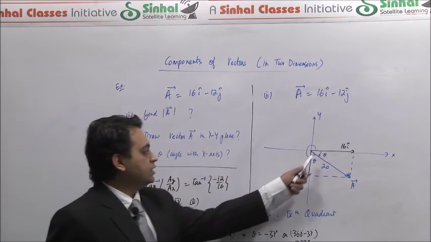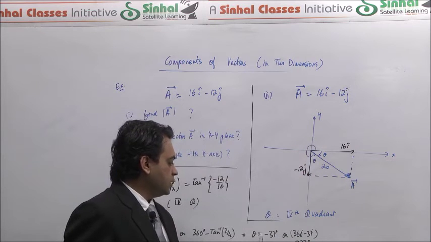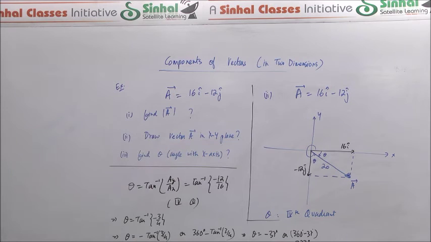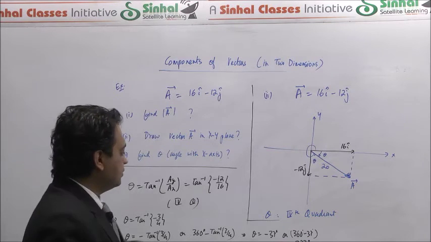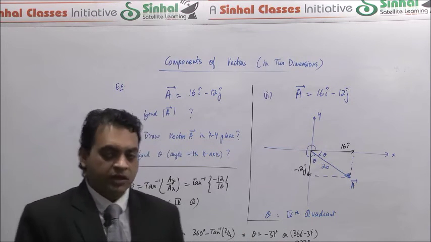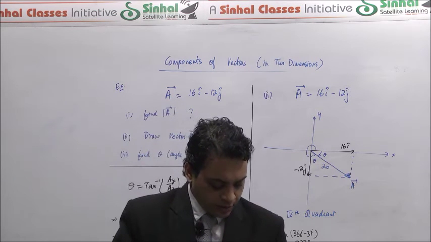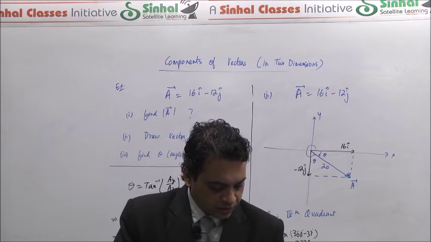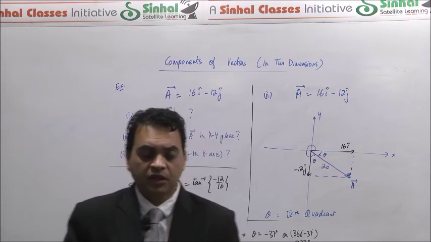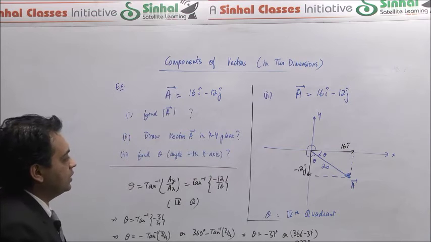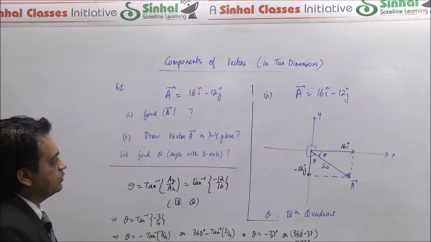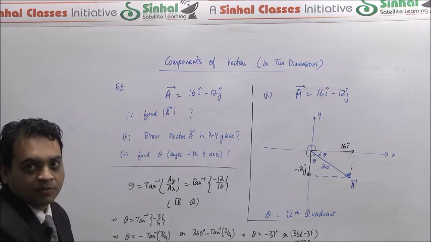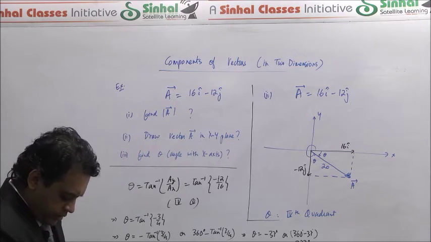So if we are expressing theta as the anti-clockwise angle with a positive sign, it is 323 degrees. Whereas if we are expressing theta as the clockwise angle, it will come with a negative sign and its value is minus 37 degrees. So hope that with these examples, it is apparent how to resolve vectors, or alternately if the vector is given in resolved form or in component form, how to express the magnitude and direction of the vectors.